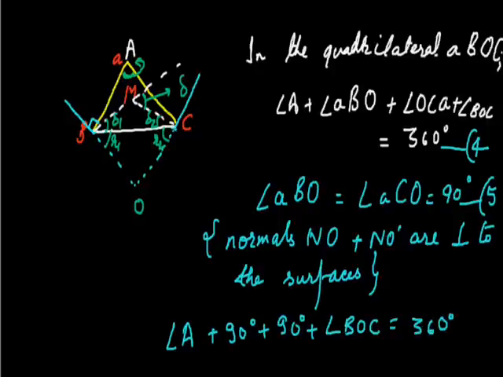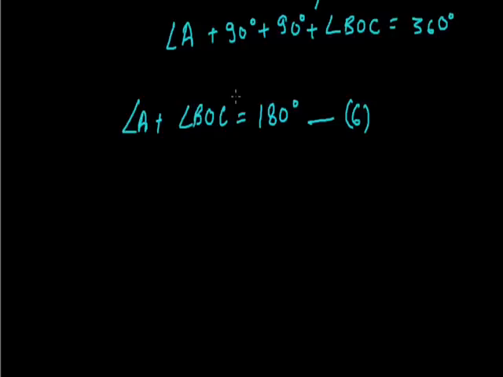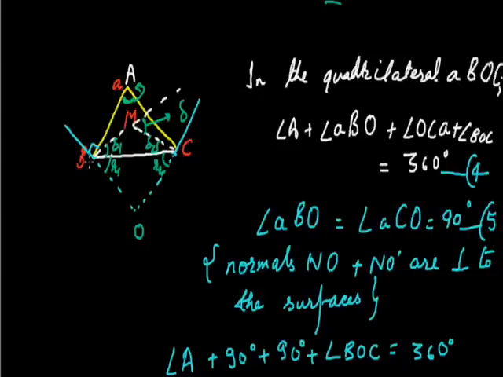And we can again write that angle of prism plus angle BOC should be equal to 180 degrees. This is our equation number 6. So one equation we have got in terms of angle A and angle BOC. Now if we observe this triangle BCO,